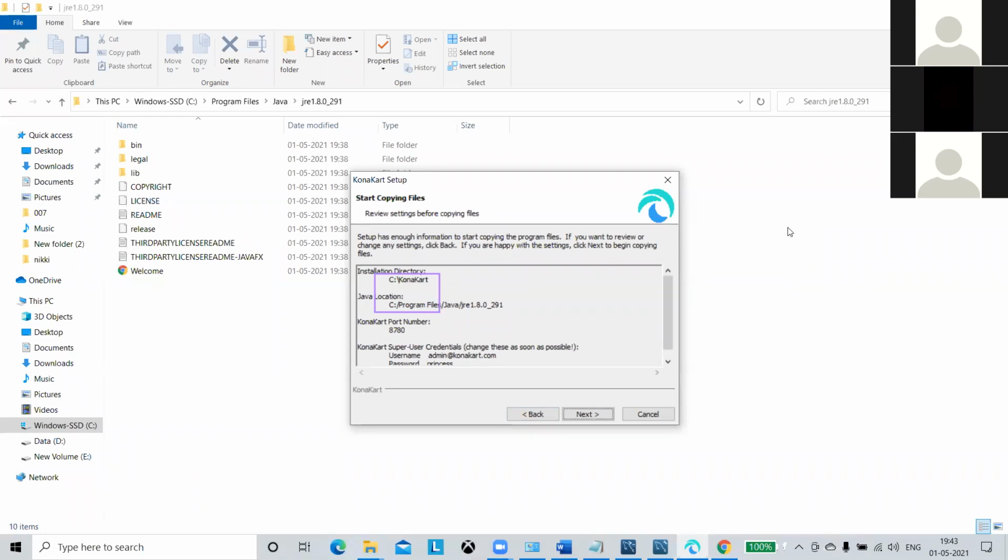All right, so let's check a couple of things. All I want is for you to note down admin@konakat.com. At the bottom, you see the Konakat super user credentials, right? Copy that username and password and save it somewhere.